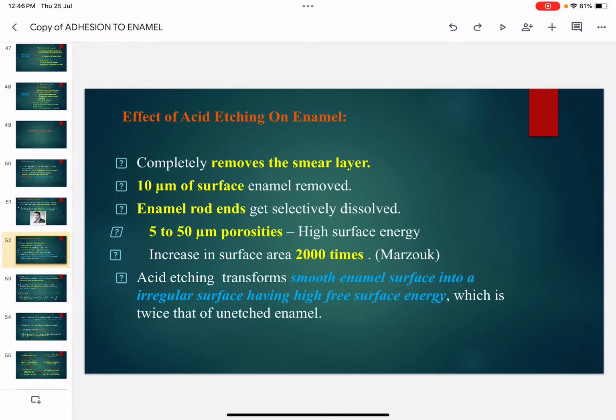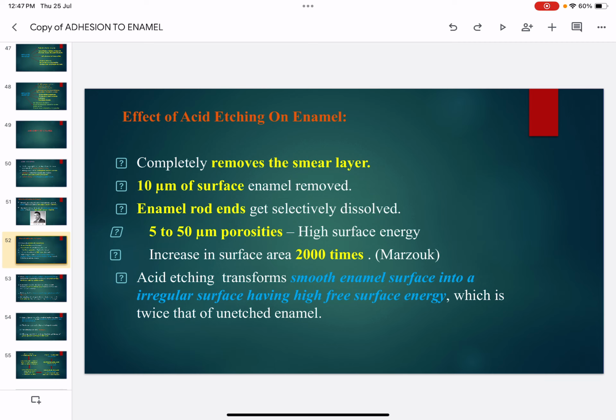Now let us summarize the effect of acid etching on enamel. First and foremost, it completely removes the smear layer. About 10 micrometers of the surface enamel is removed by acid etching, and thus the ends of the enamel rods get selectively dissolved. Acid etching will also create porosities with diameter 5 to 50 micrometers, and these areas will have very high